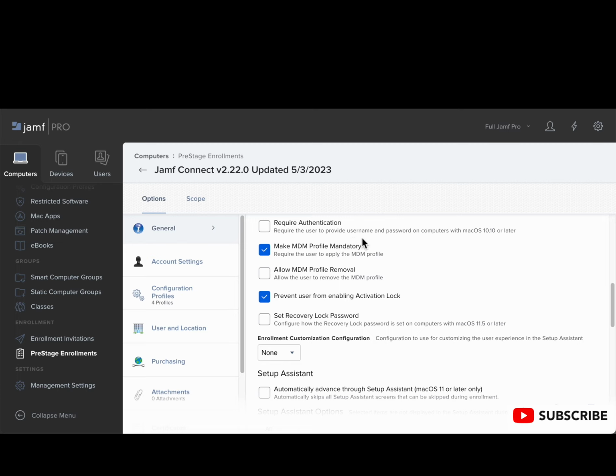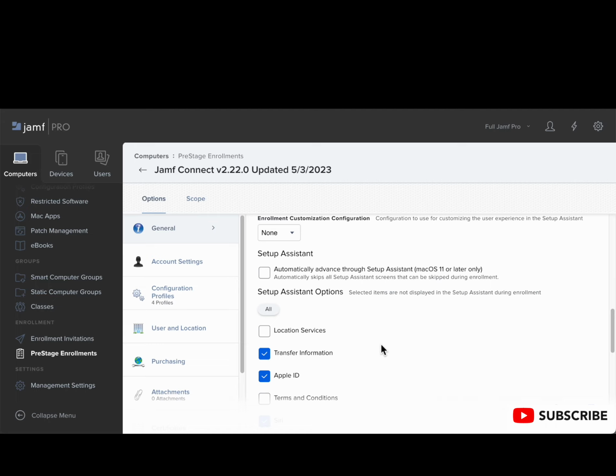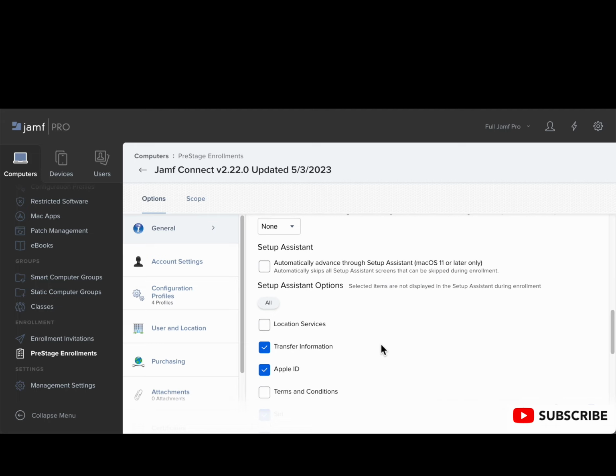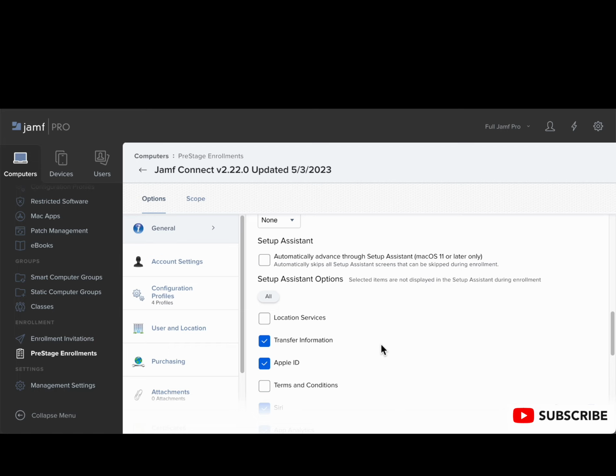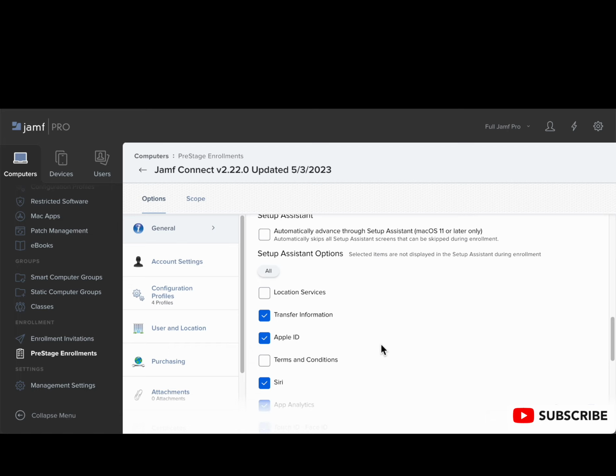And now let's talk about Setup Assistant. You'll notice the first box to automatically advance through Setup Assistant is unchecked. If you check that, chances are it's not going to work. You'll see errors like the Jamf Connect box not even showing up, or because the client computer just glitches. So leave those unchecked, and as you go through these boxes, start by